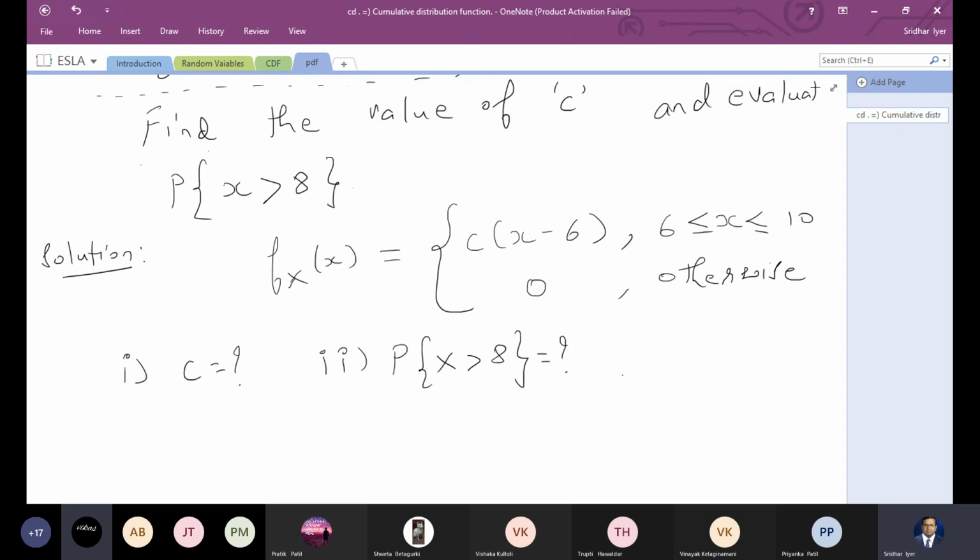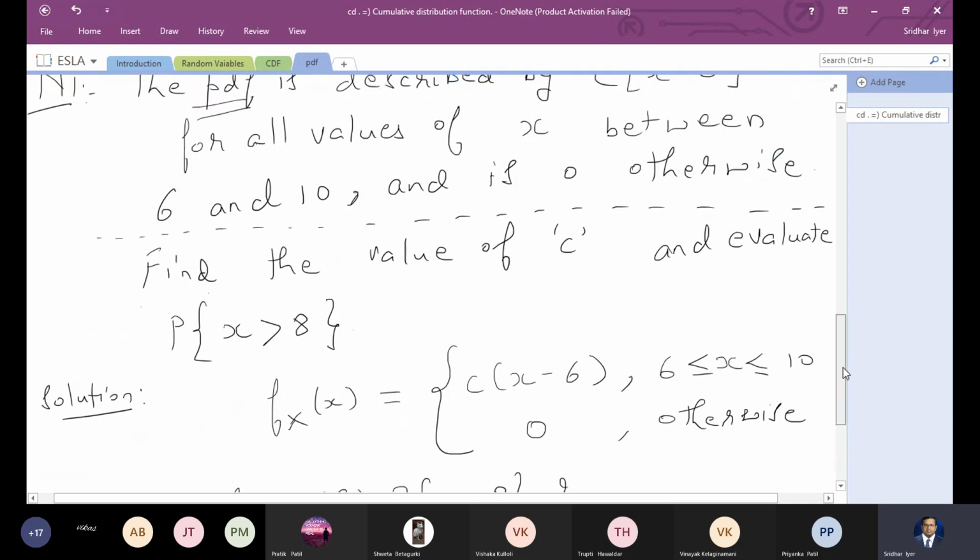Total area under the PDF is? Area under the PDF is always one. Yes, that's correct. So we are going to use the property that the area under the PDF is always going to be 1. Now, I think 2, 3 or 4 of you were mentioning the same property. So that's the most important property. But how did I come to know that I have to use that property? That is more important than just applying the property. By applying the property, I'll get my answer. But why did we think of that property?